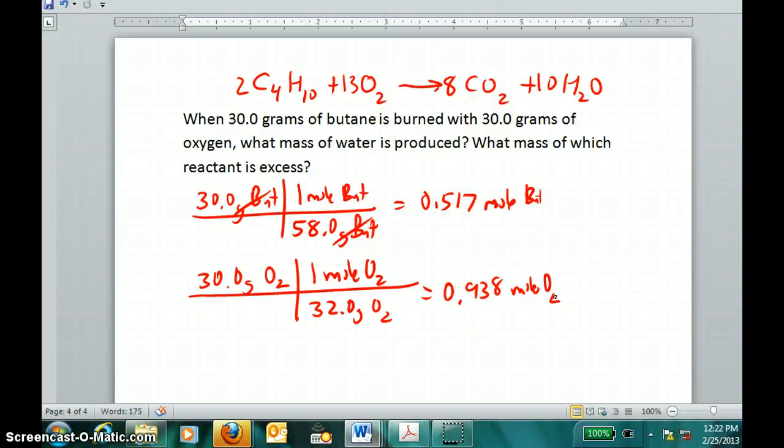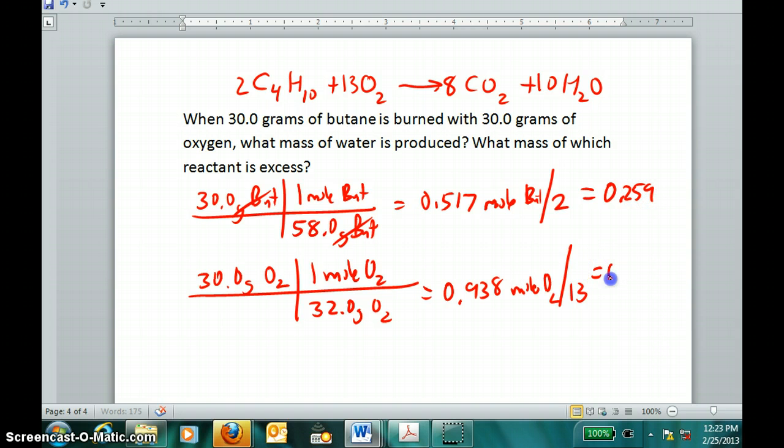Now, when you do this, again, I have to remind you that first-year students tend to make a dreadful mistake. They tend to say, oh, I have fewer moles of butane than oxygen, it's going to run out first. But remember, this doesn't account for the fact we need over 6 times more molecules of oxygen than molecules of butane for this reaction. So that's why we take the coefficients of each and divide the number of moles by their coefficients to get the relative values,